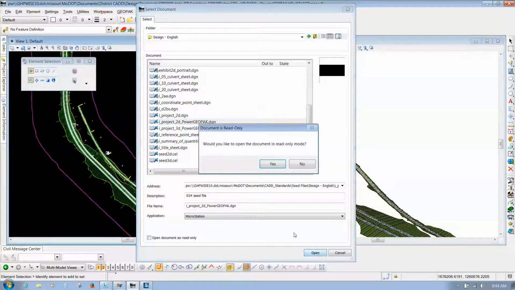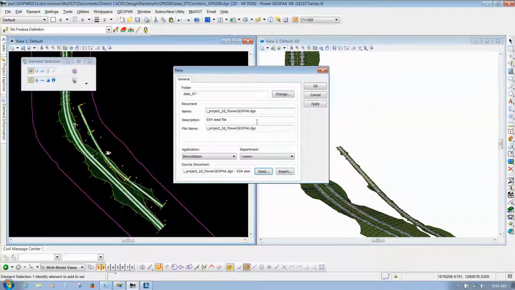We'll hit open. It will, of course, give us a read-only option. I'm going to say yes to that read-only option, and in here I will be able to name my file. So let's see. The name it's calling for is called Superelevation, and you got to be able to spell it, underscore